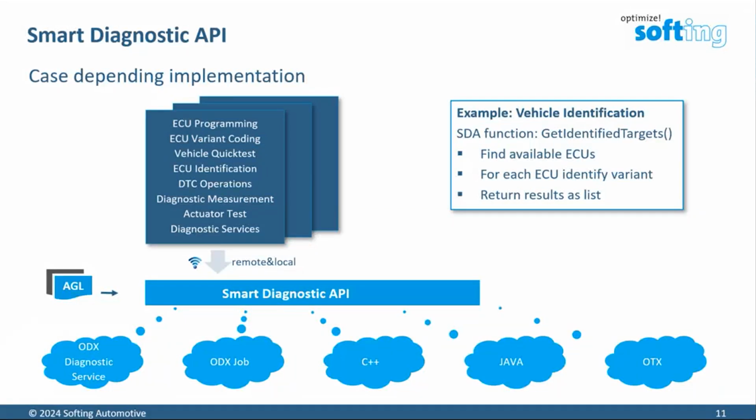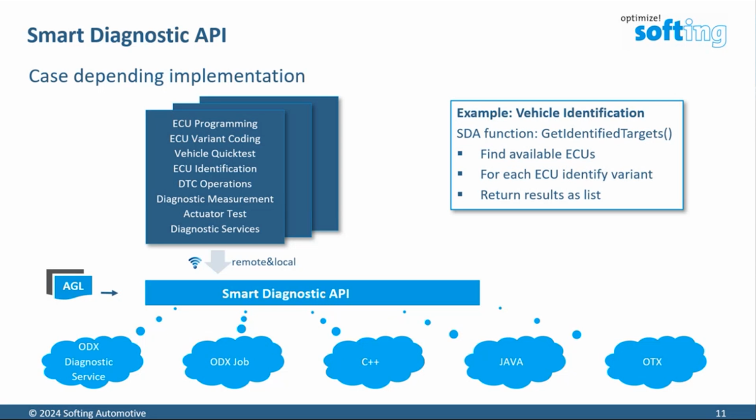Abstraction is achieved in many ways. One way is by using, as you can see on the left here, our application guidelines, also called AGL. It is possible to define just once in AGL how the SDA can find, as an example again, the available ident values in ODX for an ECU. This can be, for instance, a special semantic attached to the ODX service, or many different ways like naming conventions. Once this is done, you can reuse it for all other ECUs, and you use the same method,